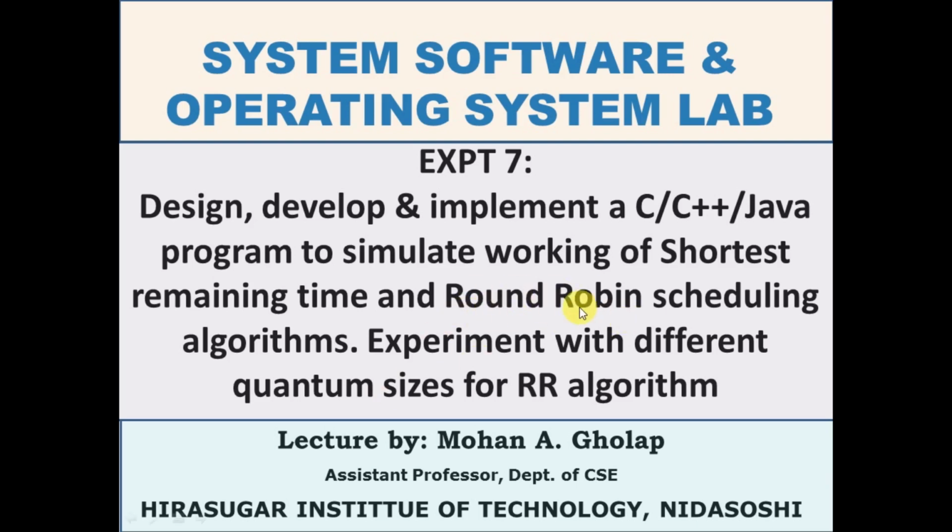In round robin we'll have a time quantum, a time stamp. Every process will be given that much time for execution. Starting from the first process till the last, each process is allowed to execute for that time quantum, and whenever it completes the quantum, the next process is allowed to execute, and so on. Once one round is over, in the second round, after subtracting the time quantum, whatever remaining time of execution is there, the processes will again be allowed to execute according to the time quantum. We'll see one example along with the program here.